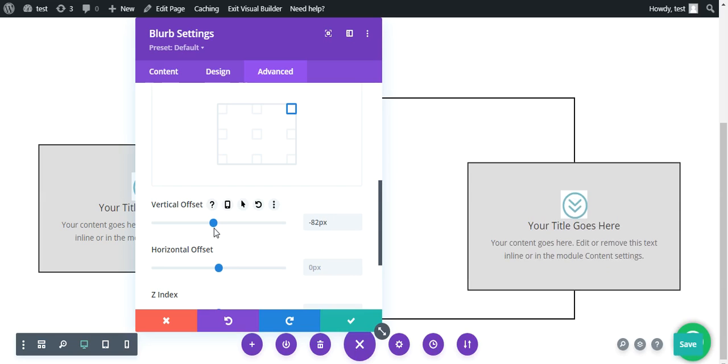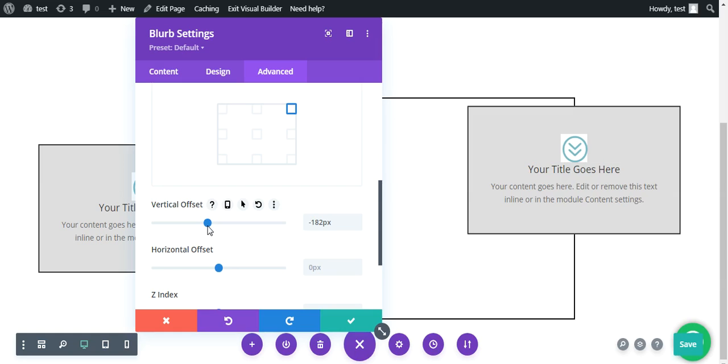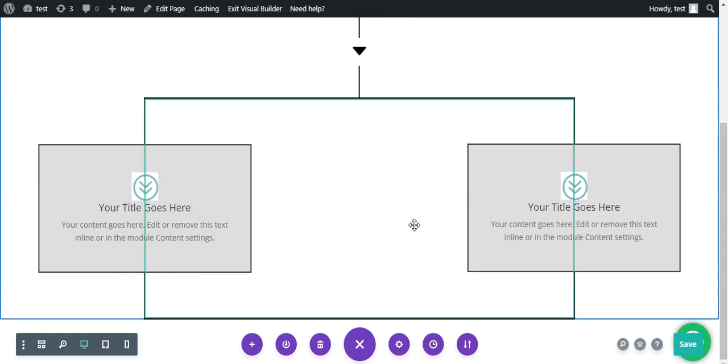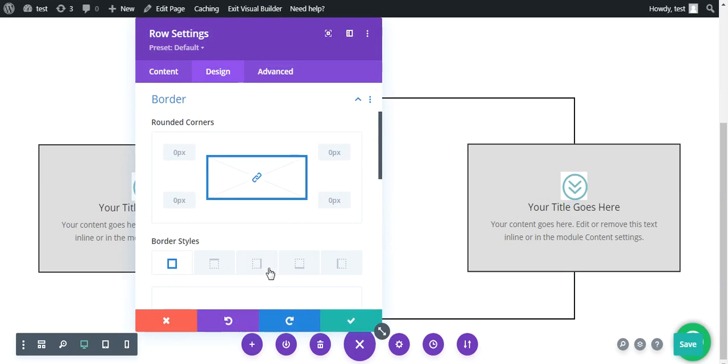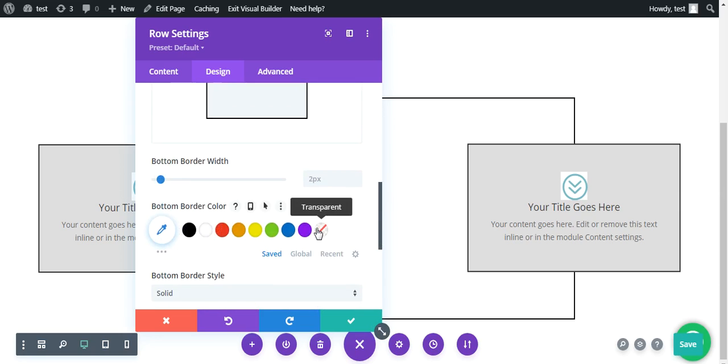Now you can adjust the height as per your space as per the requirement. I have a problem with my mouse. Now you got the idea how to do this. Click on OK. Now remove the bottom border. So bottom border, let this be transparent.